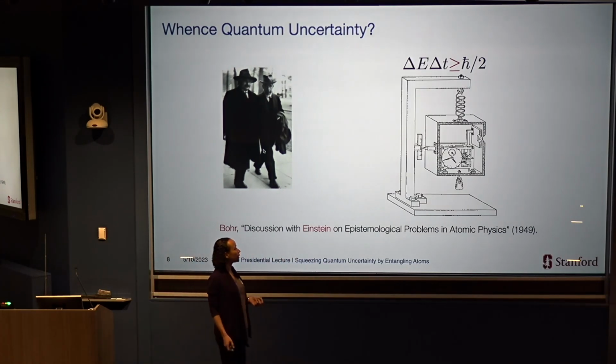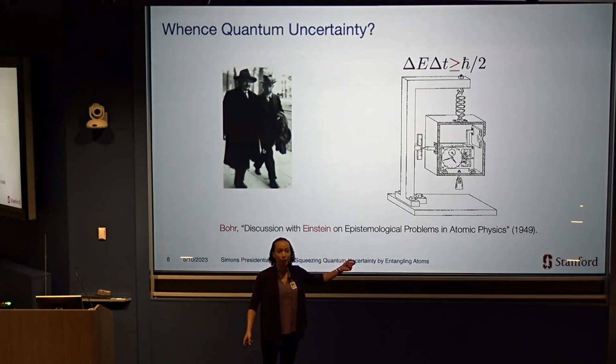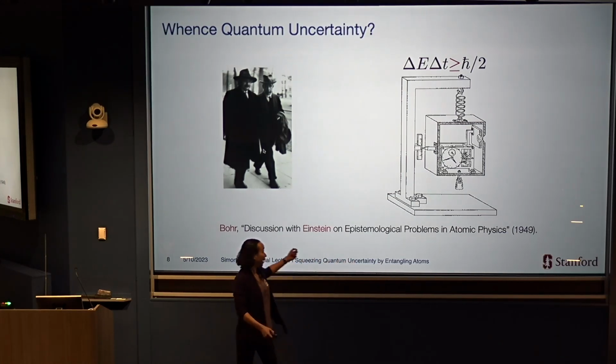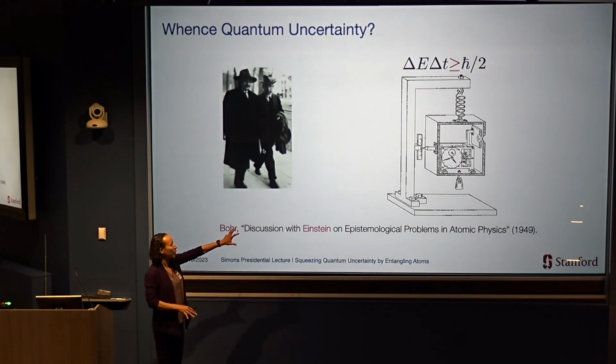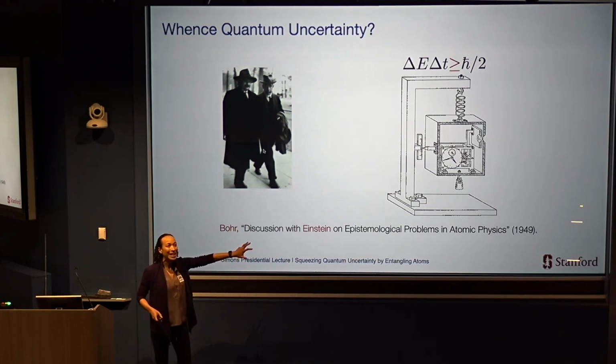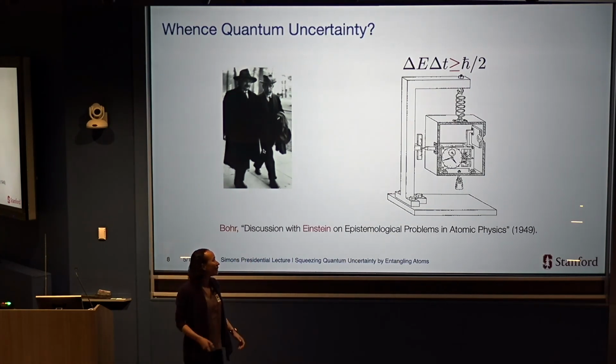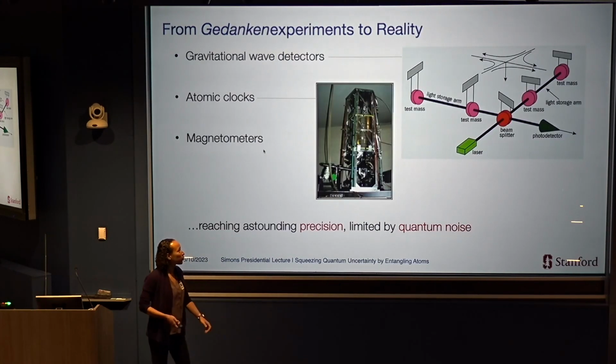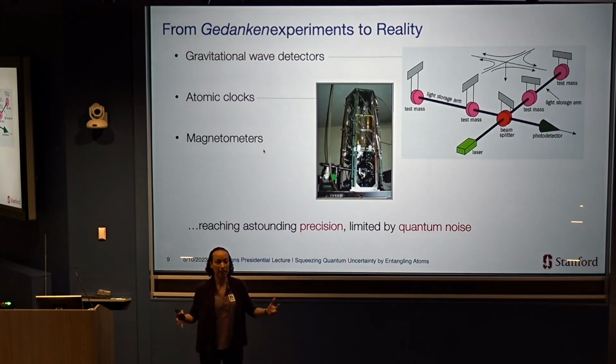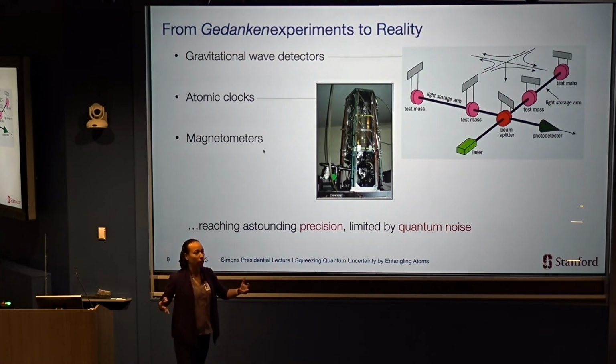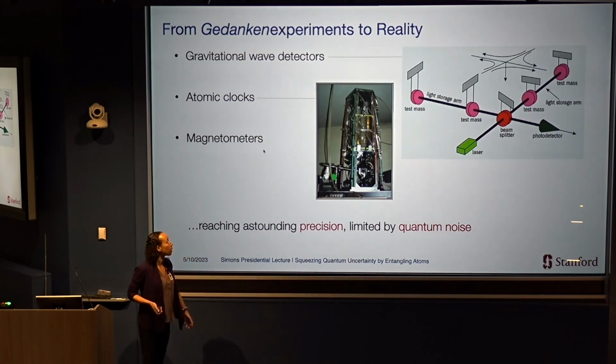And then Niels Bohr drew this diagram to explain the energy-time uncertainty relation. And I don't even want to know what's going on there. It looks complicated. The nice thing is that in our present day and age, fast forward to today, we don't need to just do Gedanken experiments. There are real physical systems where quantum uncertainty poses a limitation.